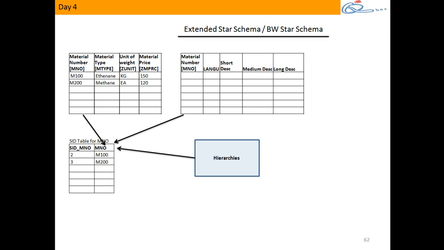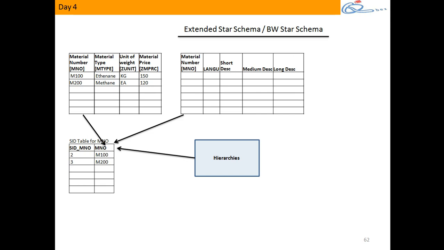In English you say notebook or laptops, but in German it could be different, in Arabic it could be different, right? So what do you do? Based on the login language of the user, I want my descriptions to change in the report. There will be one report for any language. Depending on the login language of the user, the report description should change. So I'll dedicatedly use my text table to maintain the descriptions in multiple languages, saying M100 English notebook, M100 German. Clear?